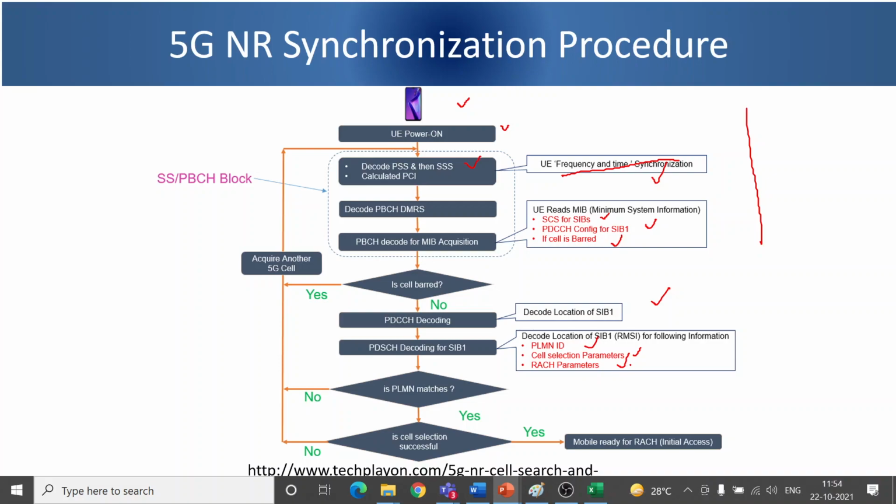So these are the various steps. Otherwise, if it finds that the PLMN ID does not belong to the operator which this SIM belongs to, it will start the process afresh again. It will try to search the subsequent synchronization frequencies and try to find a frequency with the same operator. It takes a couple of seconds to do this if it is happening for the first time.